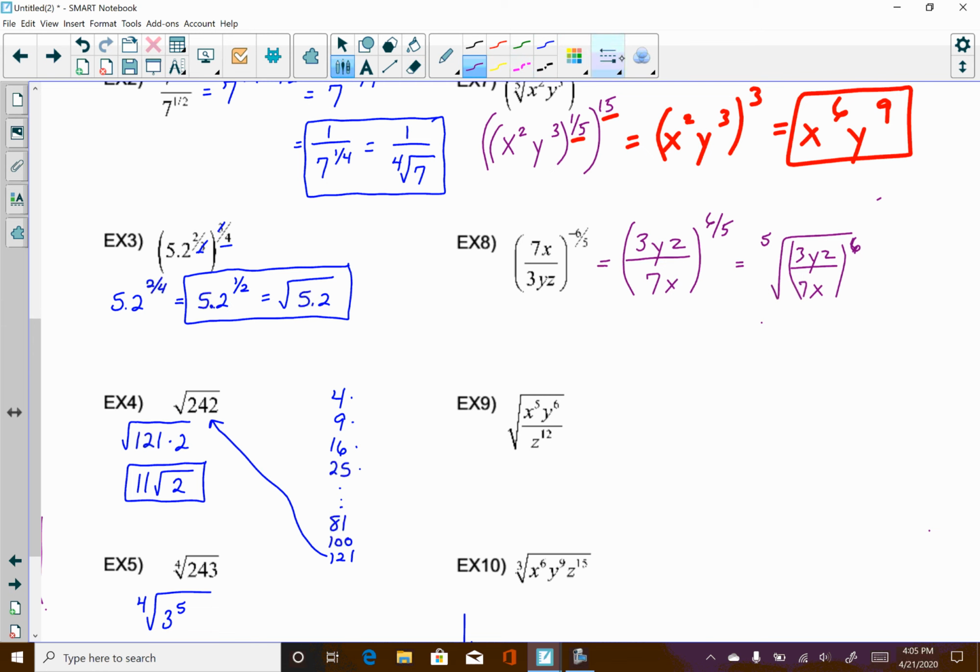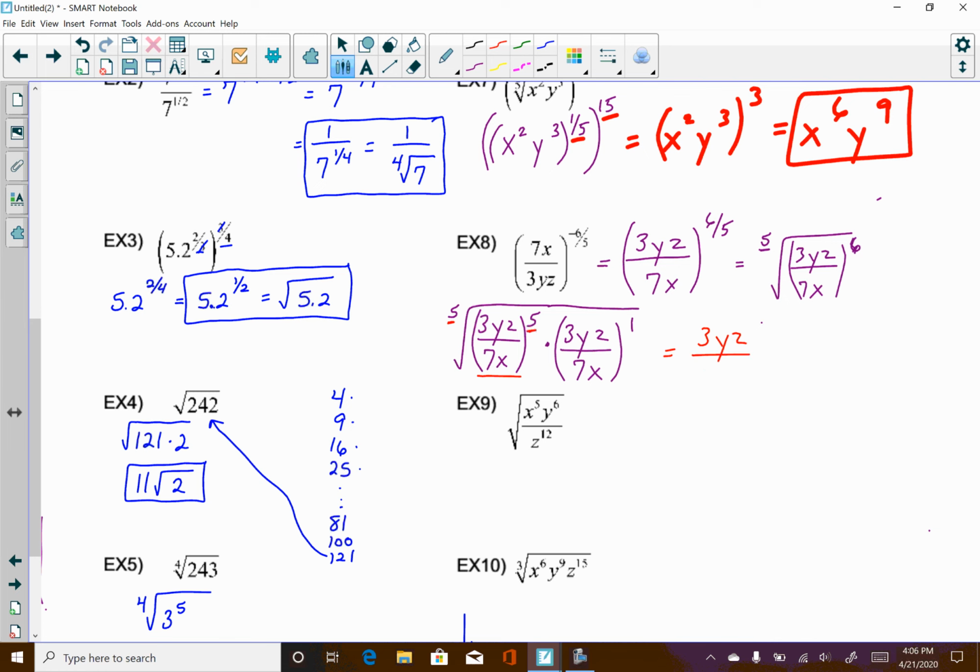All right, so now from here, I need this to be a multiple of 5. So couldn't I just say that this is the same as the 5th root of 3yz over 7x raised to the 5th power times 3yz over 7x? And that one is raised to the 1st power, right? So now, I'll use a different color here. At that point, this first term is raised to the 5th power, so 5 divided by 5 will just come out and become